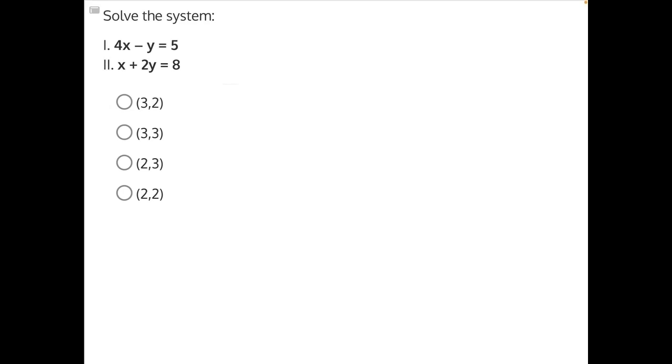To solve the system of equations, we could either use the substitution method or the elimination method. I will briefly show you how to begin the elimination method here, but in this case, it is much simpler to use the substitution method. If we were to use the elimination method, we would need to have two like variables with the same coefficient